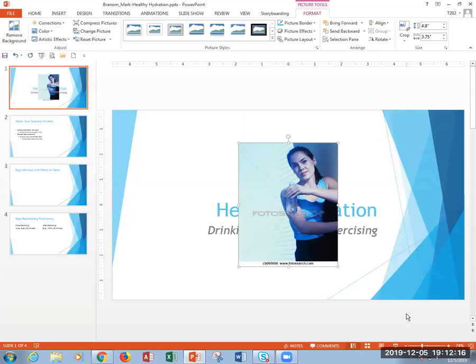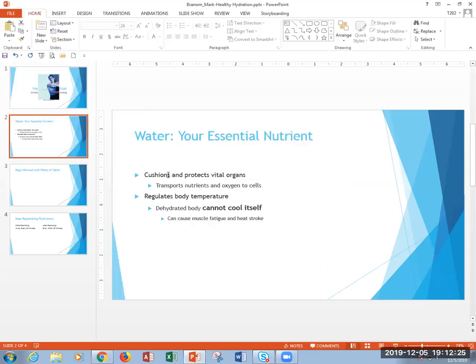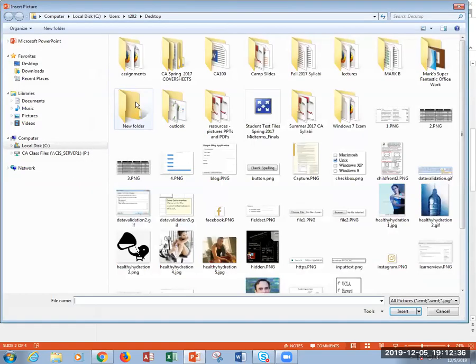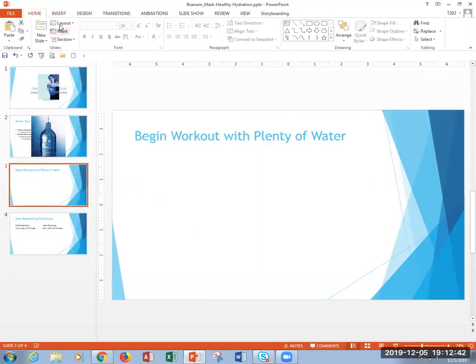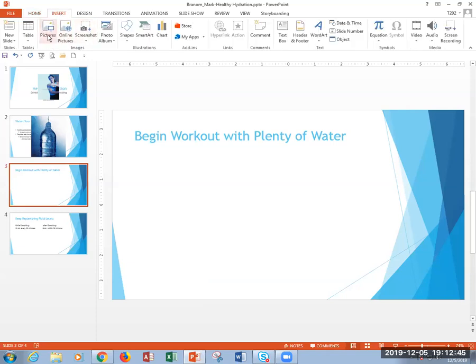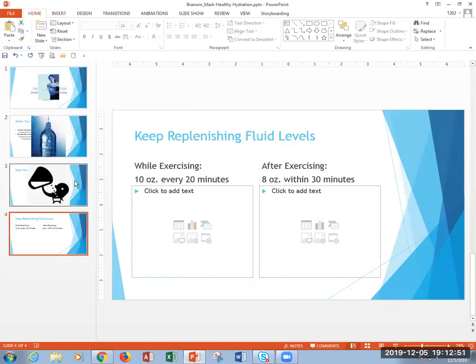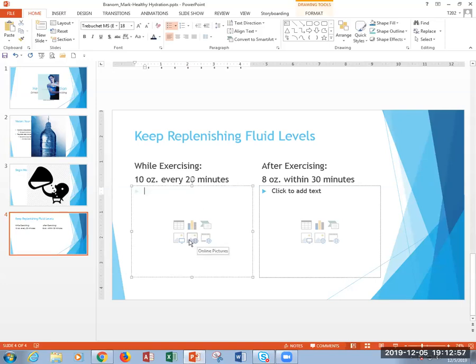And right at the moment, we're just putting it any place. It doesn't matter where we put it. We just need to put it someplace. The second picture is going to be on slide number 2. And on slide number 2, this picture that we want is the healthy hydration 2 picture. And slide number 3, we want to insert the healthy hydration 3 picture. And then on number 4, we want this picture